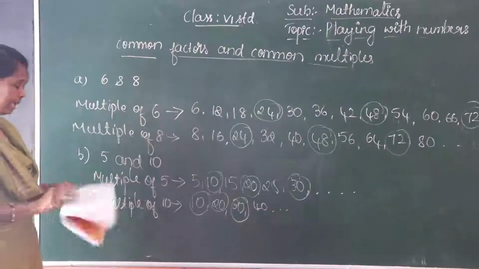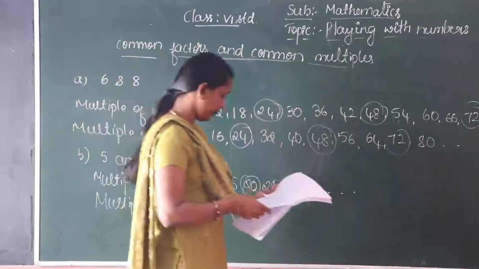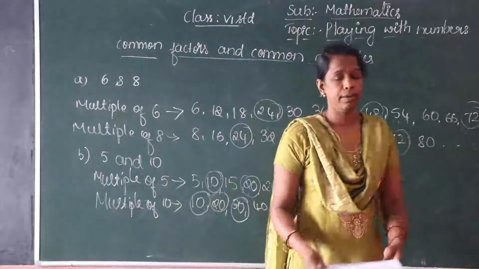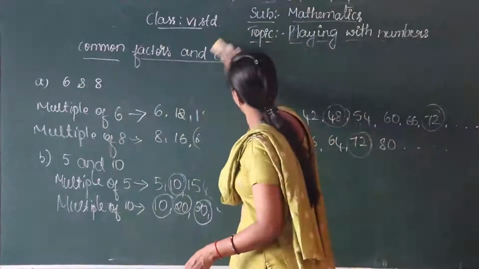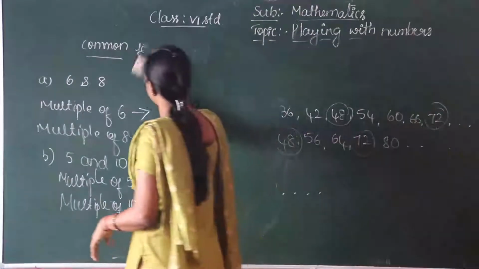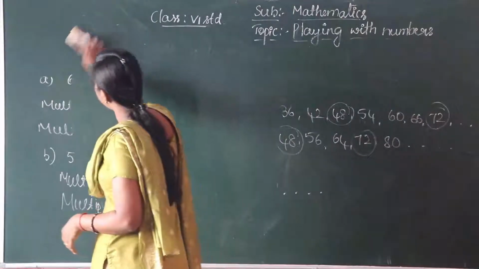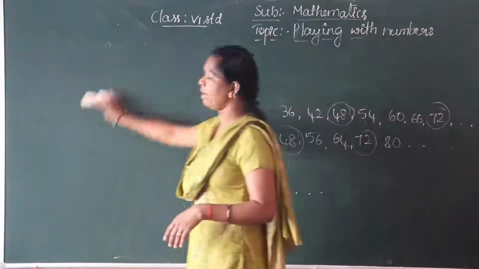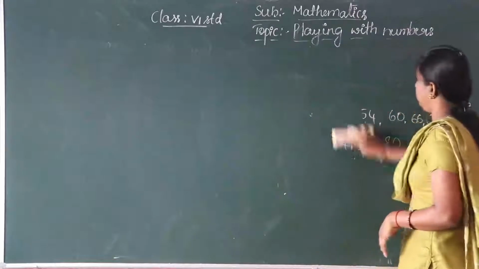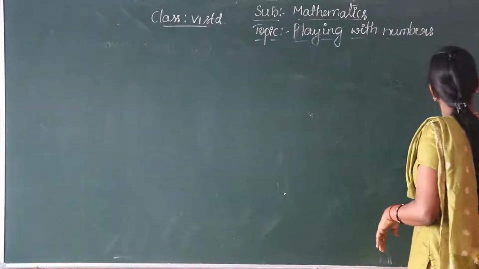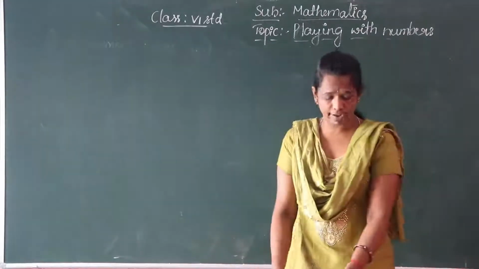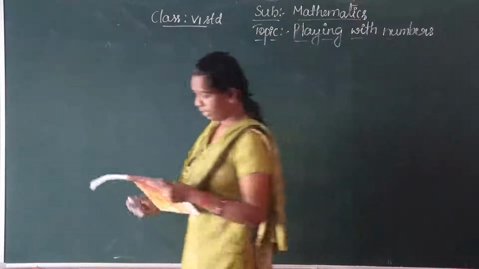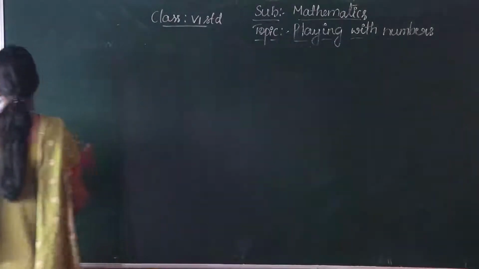Okay children? So the next concept of this lesson is co-prime numbers. First, common factors means numbers that divide the given number. First, we have to identify which table it is in and then write the common factors. Next, which of the following numbers are co-prime or not?